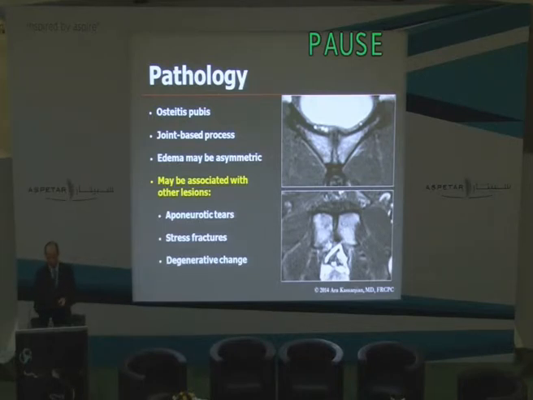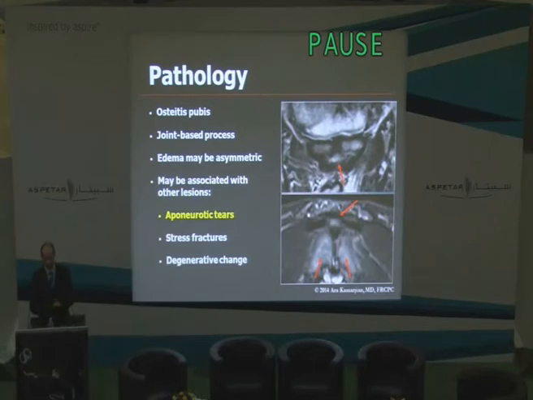The irregularities along the margin of the joint, I think, may be normal in younger patients, as was mentioned, but it is a sign that's been described with osteitis pubis as well. I think our role is to not miss other lesions that are often associated with edema around the symphysis pubis. So if you see perisymphyseal edema, you shouldn't just say, oh, it's osteitis pubis, next case. I think we really have to look and make sure we're not missing other lesions, such as those aponeurotic tears